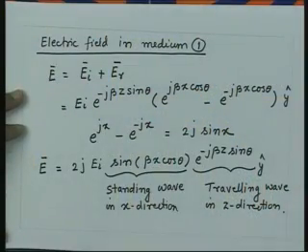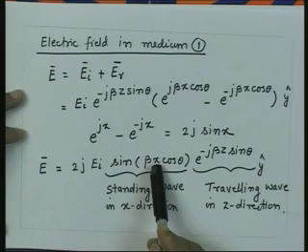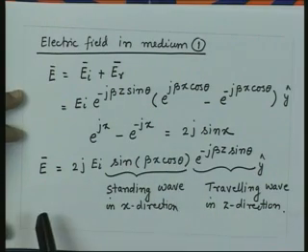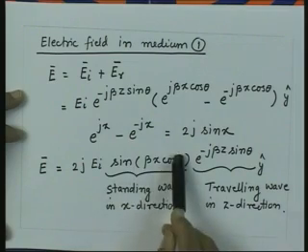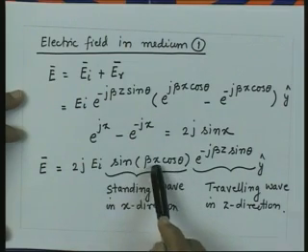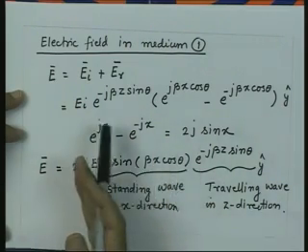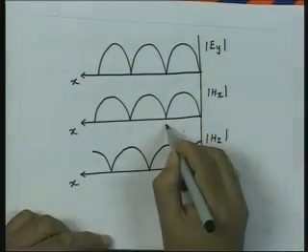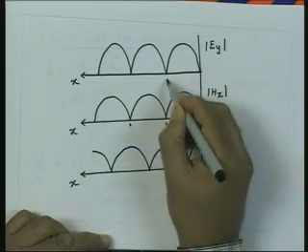Now, if we go back to the expression for the electric field, the electric field is 0 at x equal to 0, and it will be 0 whenever this quantity is a multiple of pi. So when this quantity is 0, the field is 0, when this quantity is pi, the field is again 0, when it is 2 pi, the field is again 0, and so on. So if I go to this pattern here, these are the locations where the field is going to become 0.